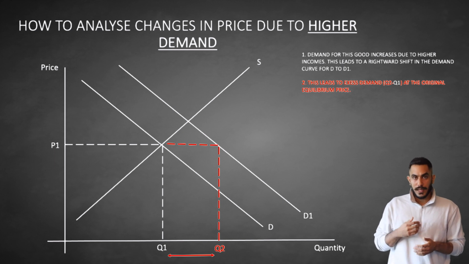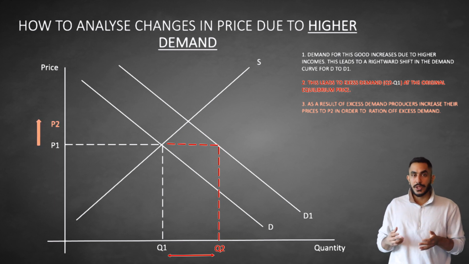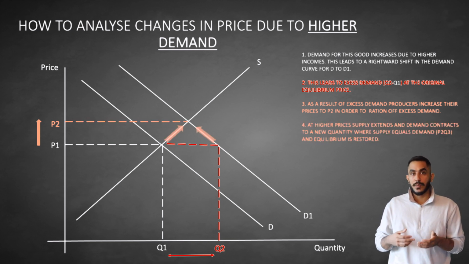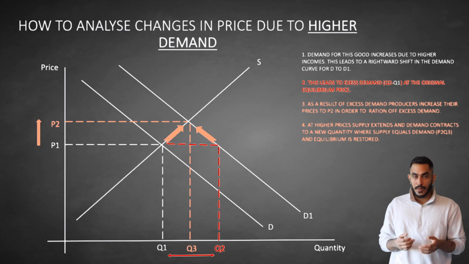As a result of excess demand, producers will increase their prices to P2 in order to ration off the excess demand. At a higher price, supply will extend and demand will contract to a level where supply and demand are equal again and equilibrium is restored. Now that supply and demand are equal again, there is no reason for the price of this good or service